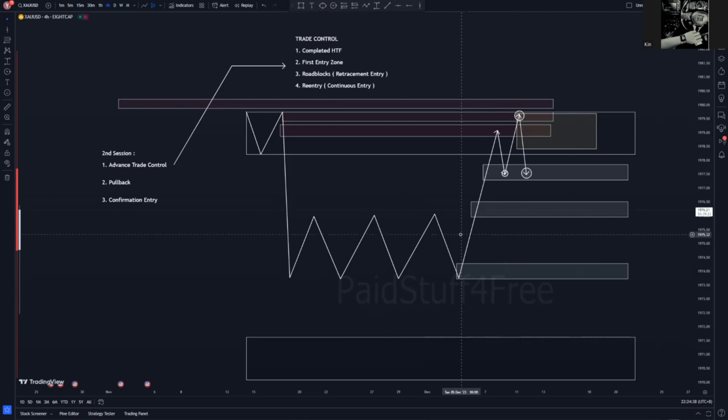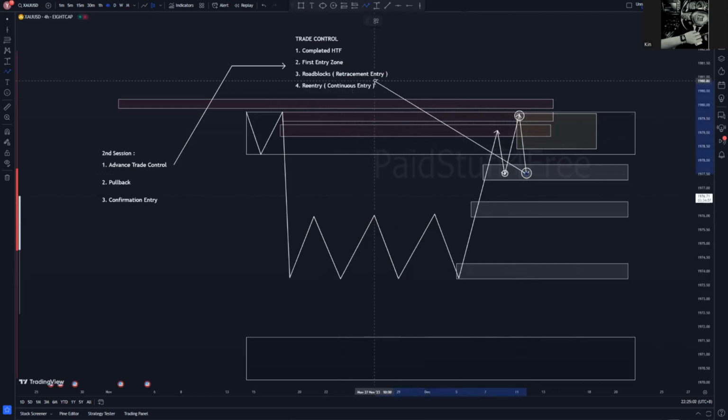So we can take a buy if inside of this buy zone there is a confirmation entry, but still we need to understand where the price is really going. Right now, because we already have the pattern of the first one, which is the completed higher time frame, we are going to focus on the sell. We can take a buy, but just for a retracement entry. So when the price goes up and gets into the sell zone,